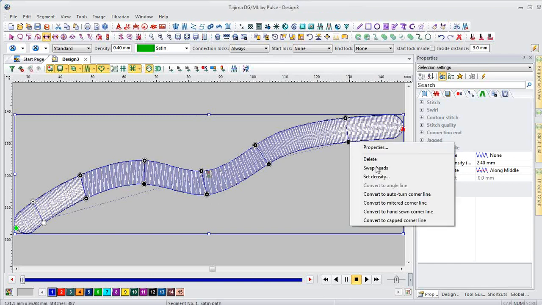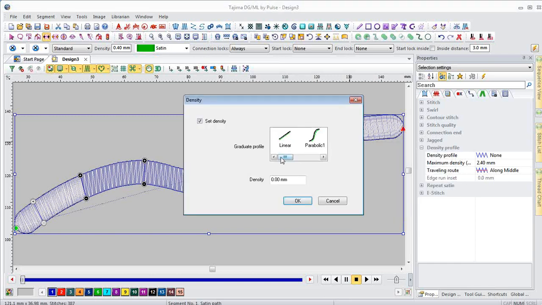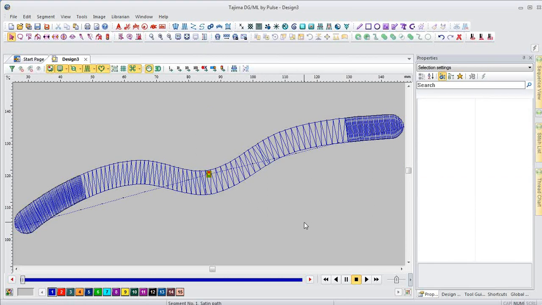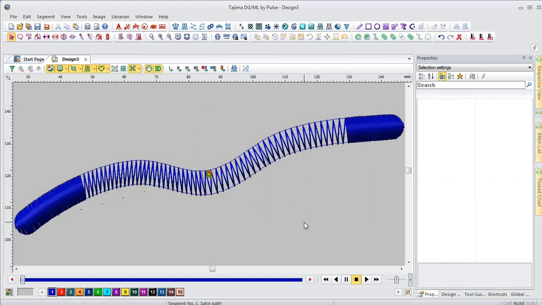And let's come here, set density, step, okay, generate. So as you can see, I am able to control the density and apply the changes I want inside a starting path segment. That's the so-called variable density, which does not only apply to a starting path segment, but